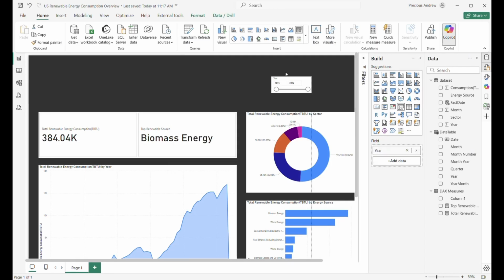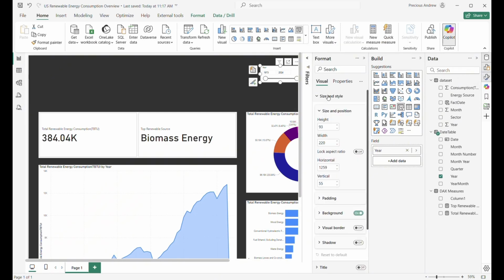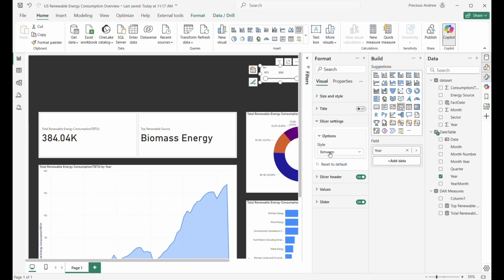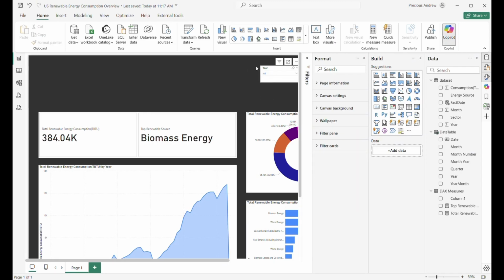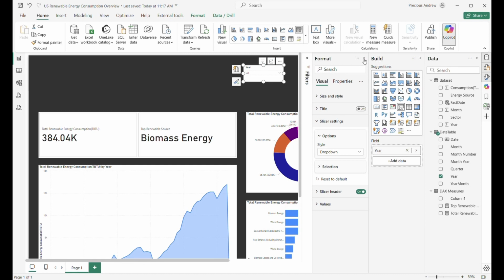And also this, so just so that you can see clearly, we have this in between. We don't want that. I want it to be a drop down, right? So if I click on here and I go to format, I can change the slicer setting. Instead of between, I'm just going to change this to a drop down. Okay, and I'll just duplicate this